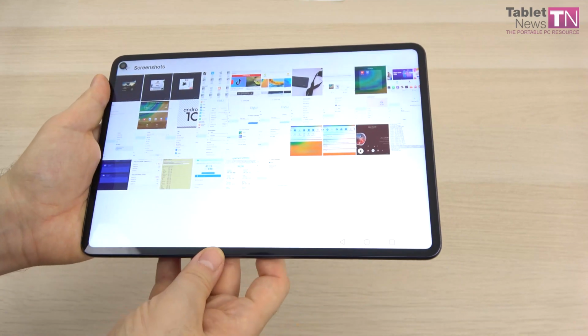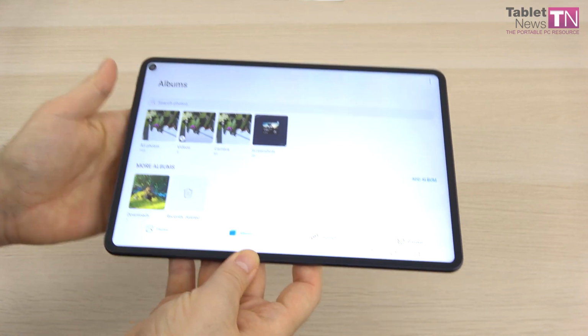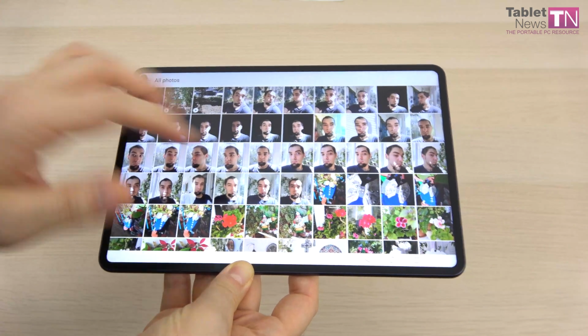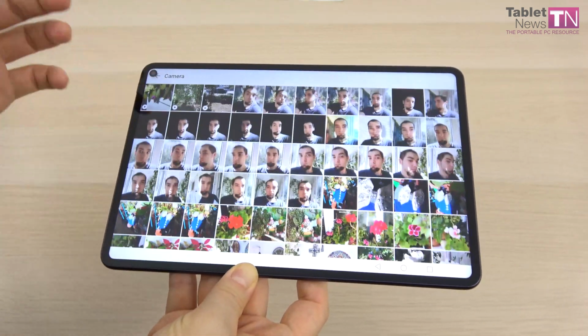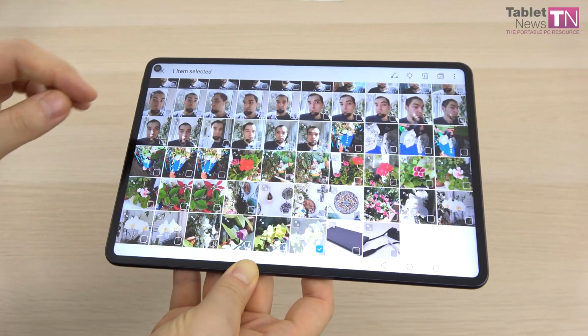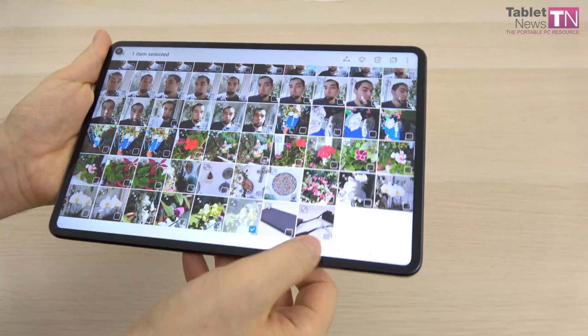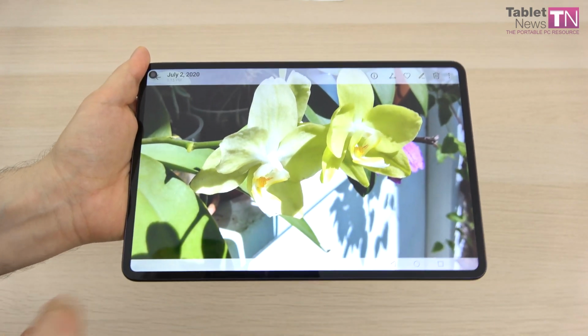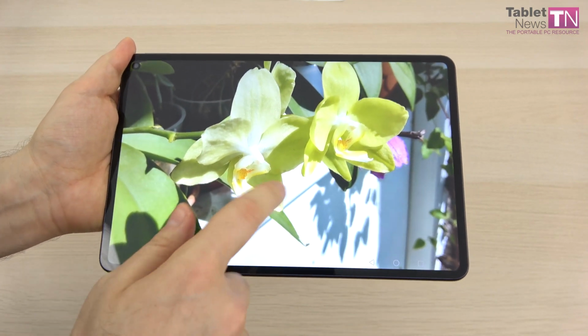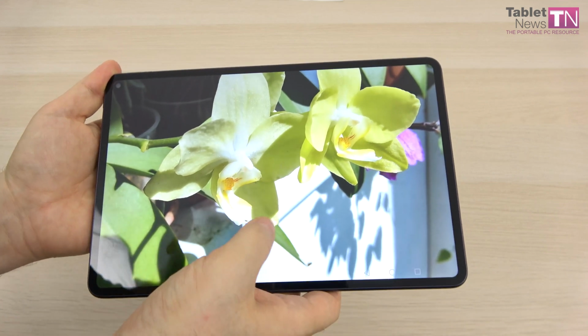I must admit I haven't left the balcony to take these photos, so I think they should be enough and pretty clear on what the tablet has to offer. So if you're planning on taking close-up shots of flowers, this is what you'll be able to achieve with the camera on the device. This 13 megapixel shooter